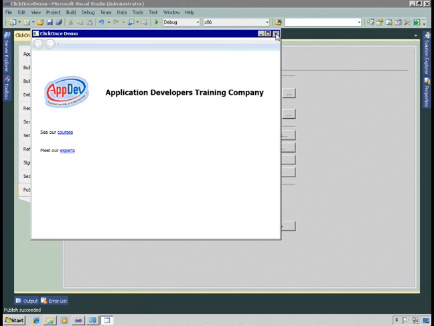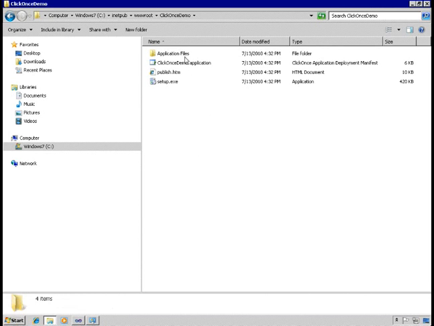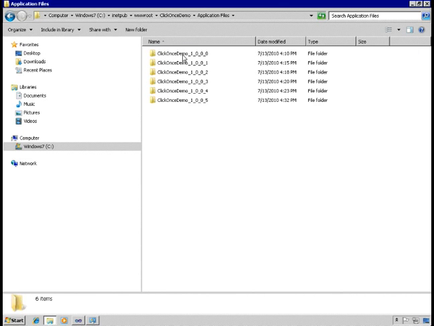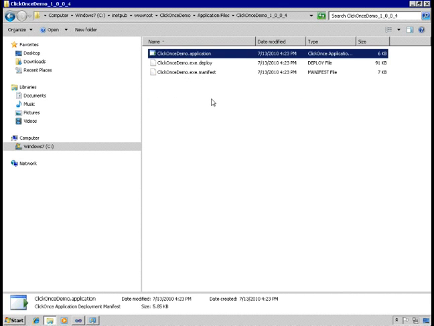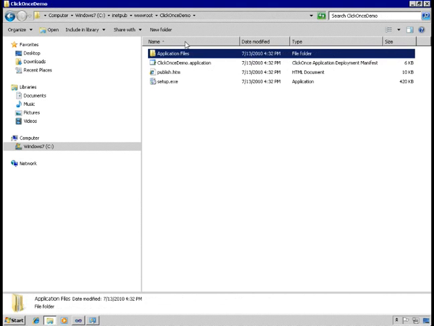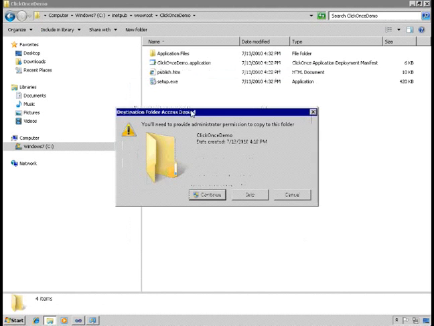Well, now as the administrator, I decide, oh no, we have to roll this back. There's a problem with that. So now I go in here. This is now the 1.0.0.5 version. So now I'll go into the 1.0.0.4 version, grab the deployment manifest that says run version 4, come back in here, overwrite this,